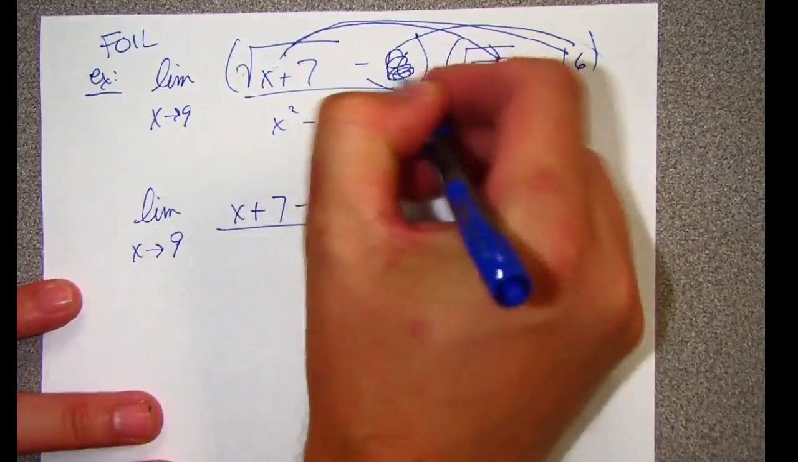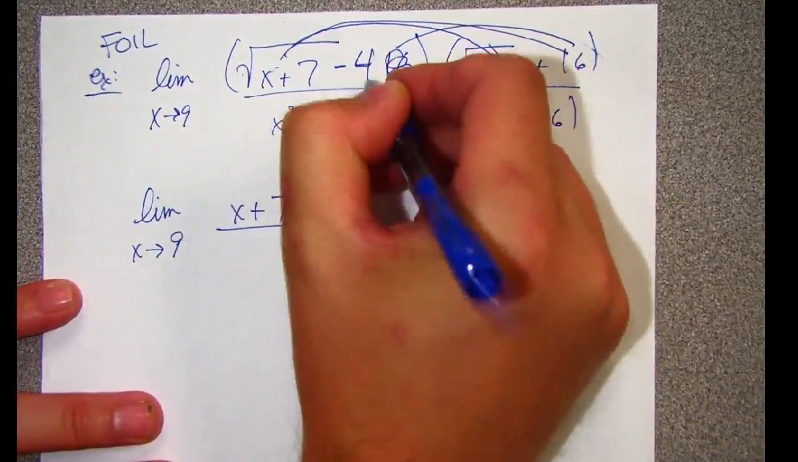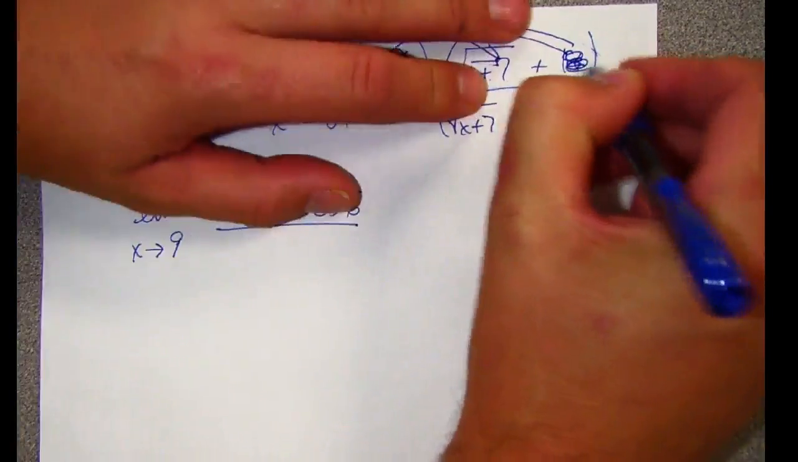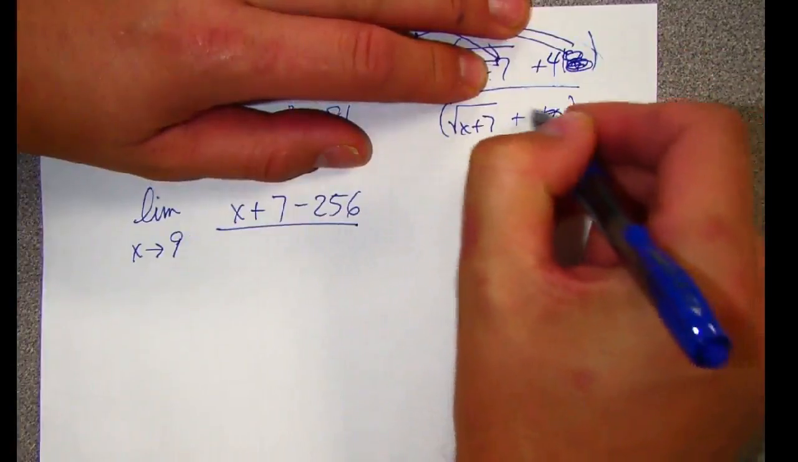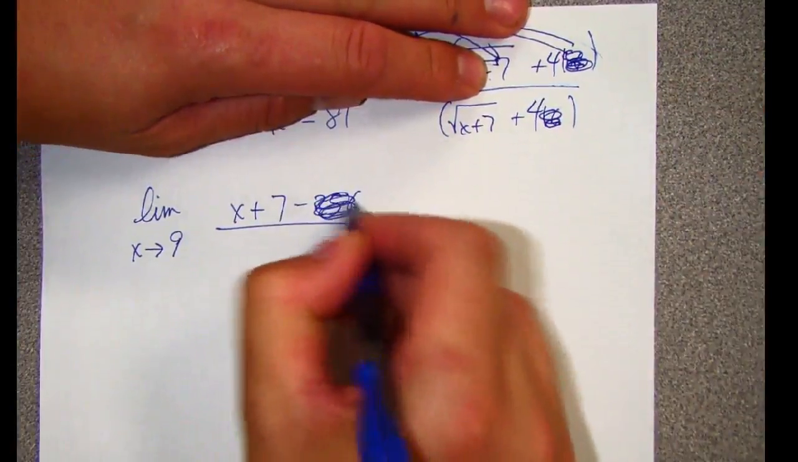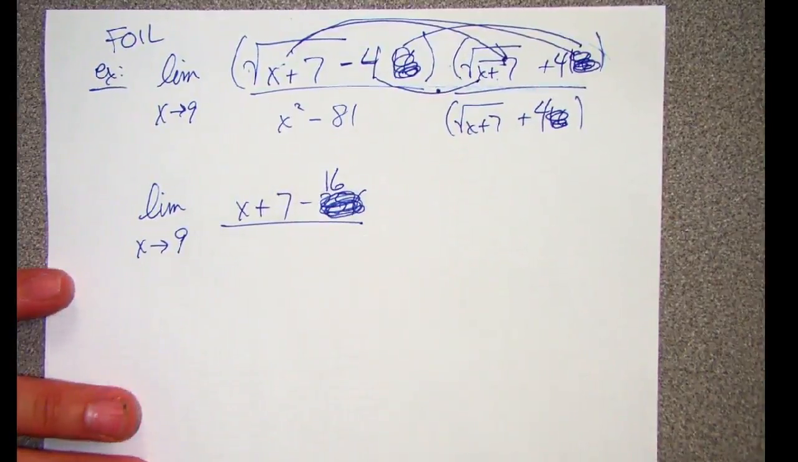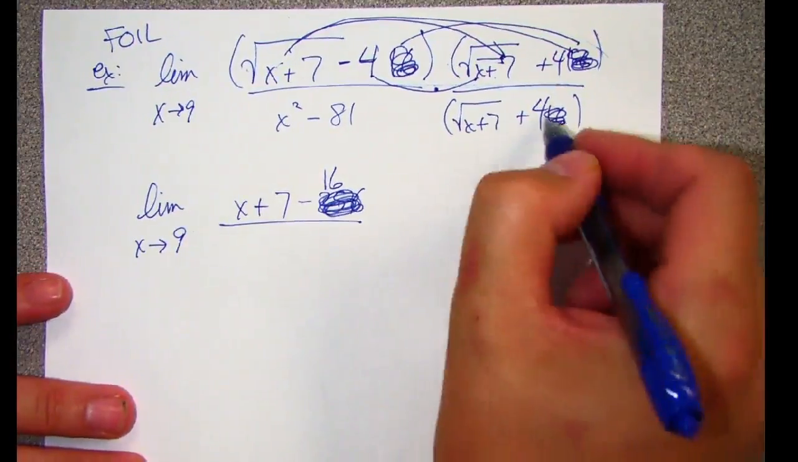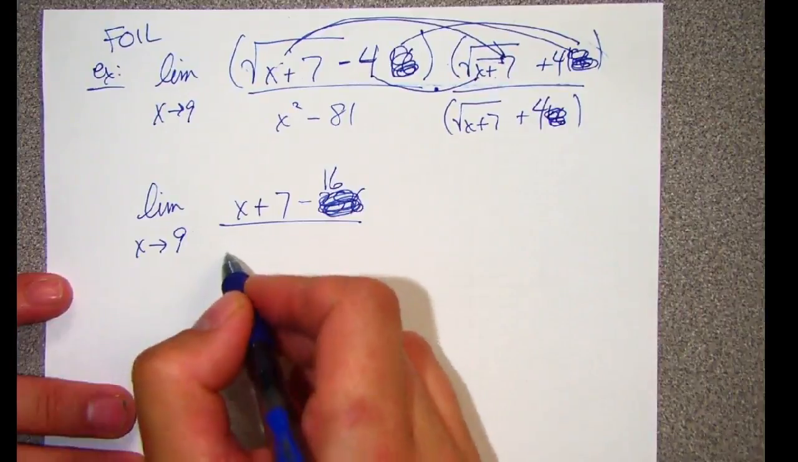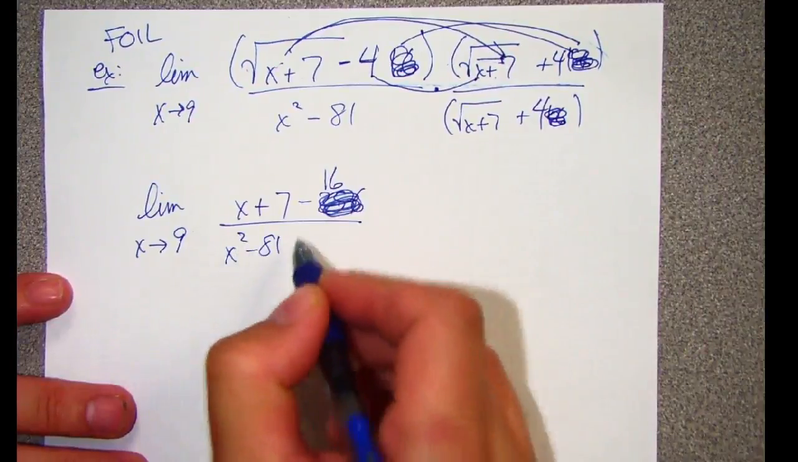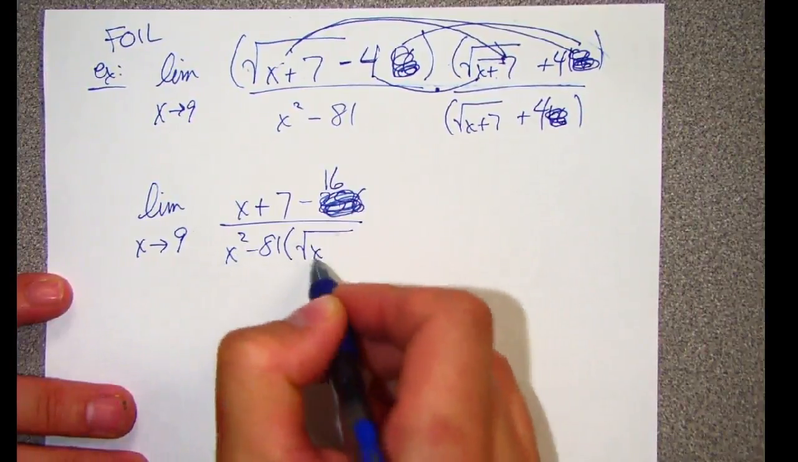This should have been a 4. This should have been a 4. This should have been a 4. So the negative 4 times positive 4 is negative 16. My fault. On the bottom, I have x squared minus 81 times the square root of x plus 7